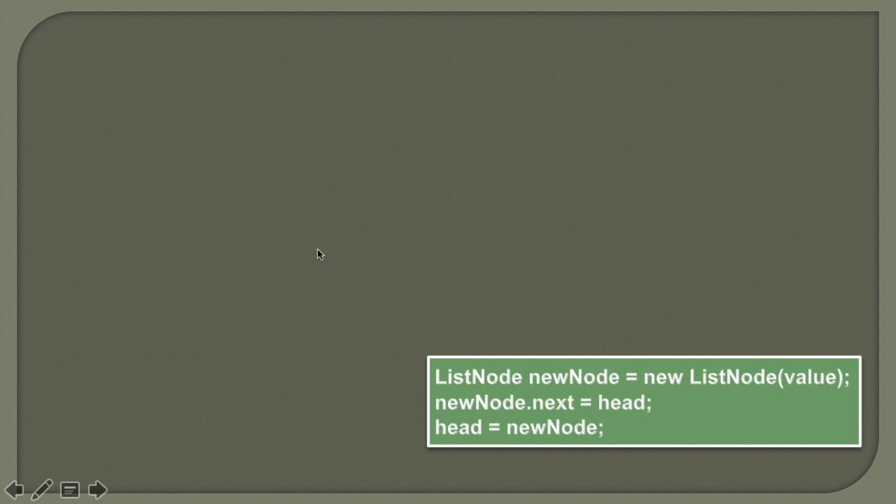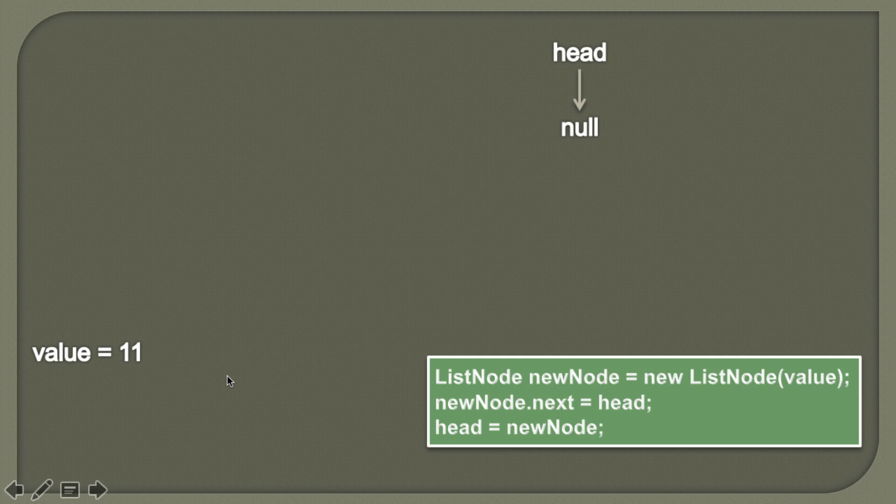So friends, here you can see below is the algorithm to insert a node at the beginning of a singly linked list in Java. Friends, let's suppose initially the singly linked list is empty. Therefore when the singly linked list is empty, we know that head points to null because there are no nodes in the singly linked list.